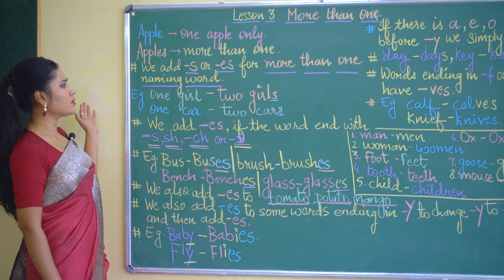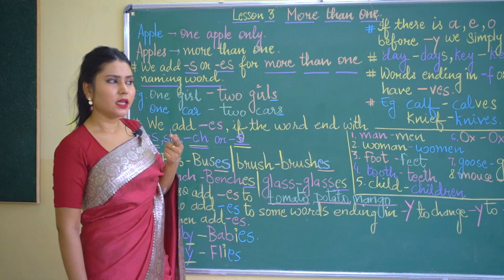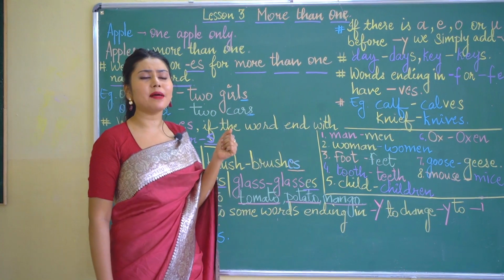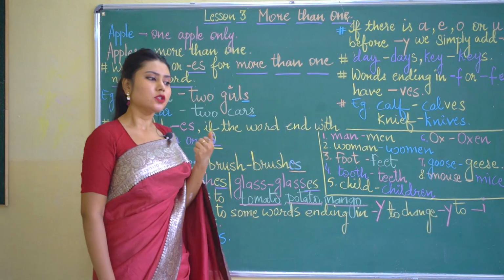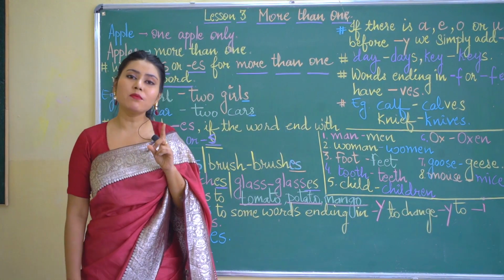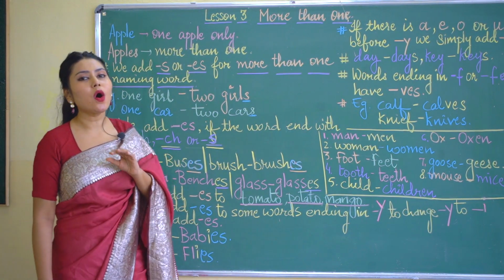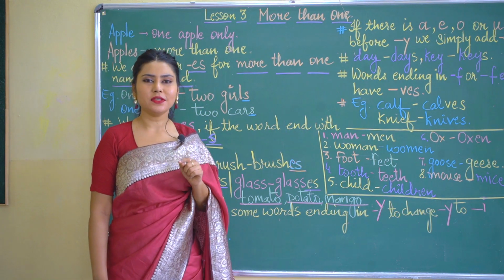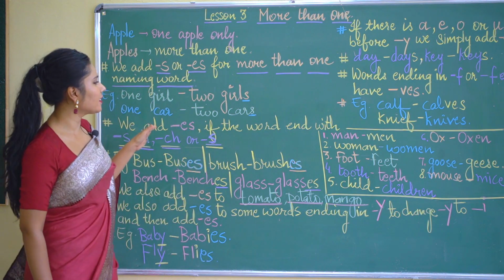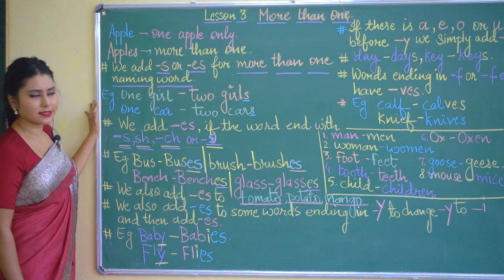The second example which I should also give you is girl. There is one girl, but if you see more than one girl in your class, you will always tell me, ma'am, there are girls sitting in the class. So always remember children, singular means one and more than one will always have S, but not necessarily will all the plurals have a single S at the end. We have certain different rules which will be added here to make it different from single S and ES.